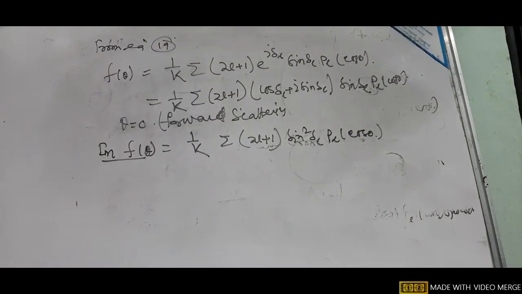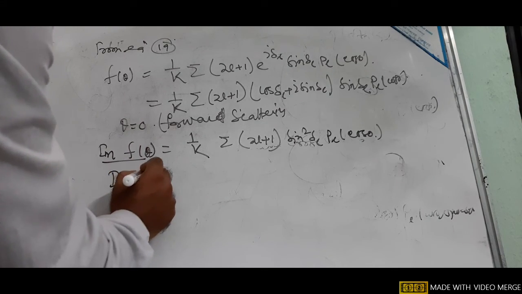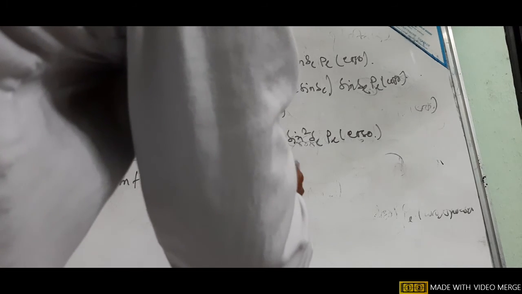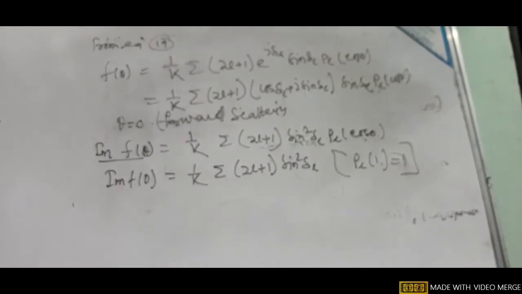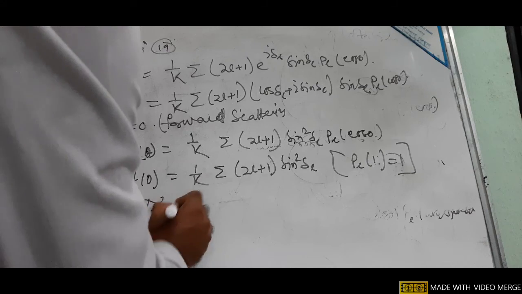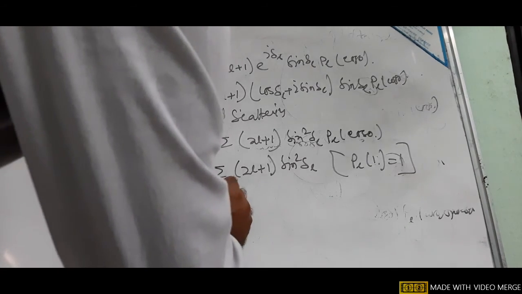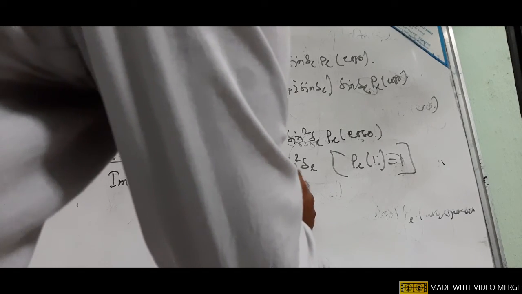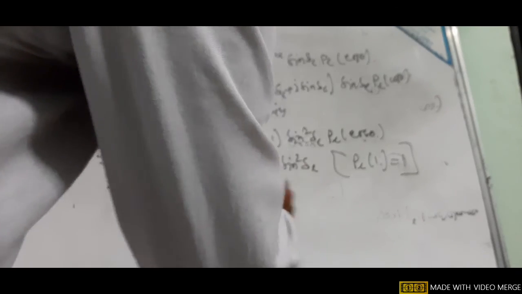On theta equal to 0 for the forward scattering, imaginary f(0) equals 1 by k summation (2l+1) sin squared delta_l, because P_l(1) equals 1, the Legendre polynomial P_l(1) equal to 1. Therefore we can write the total cross section as 4 pi by k times the imaginary part of the forward scattering amplitude f(0). This is the relation which is known as the optical theorem